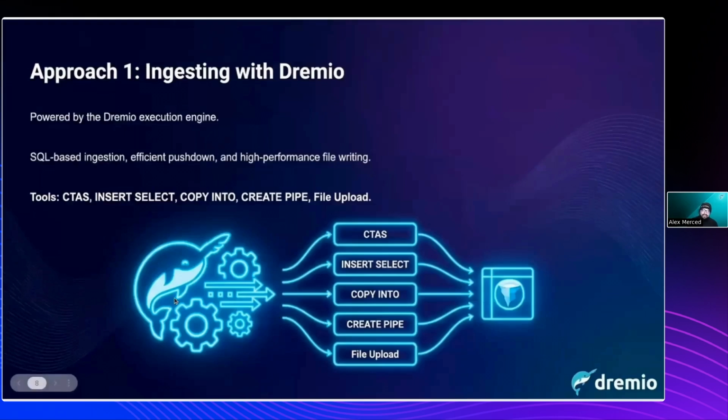So approach one, again, you can ingest with Dremio. And Dremio is generally going to have 5 paths for getting data into an Iceberg table. There's going to be CTAS, create table as, where you can take the results of another query. So you could query a Postgres table. Let's say you have Postgres connected to Dremio. You could query that table and say, hey, create a new table in my catalog that's the result of this